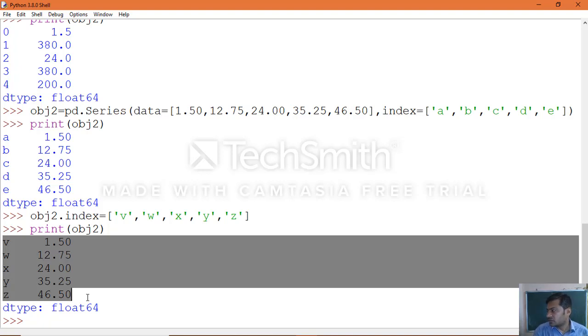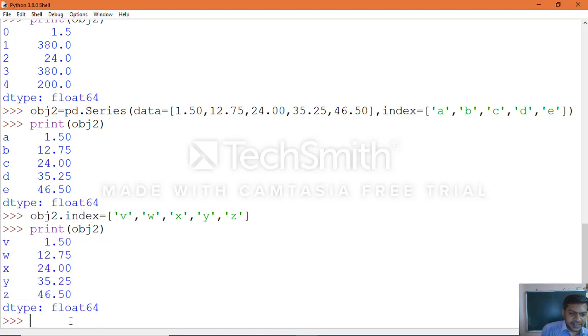Okay, in the same manner, if you want to make changes to the size of the series object, to reduce or increase it, that will not be possible, because series object size is immutable and values are mutable, which means values can be changed but size cannot be changed.